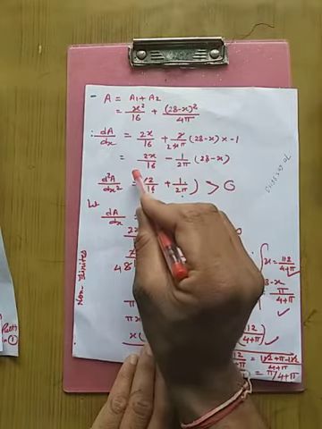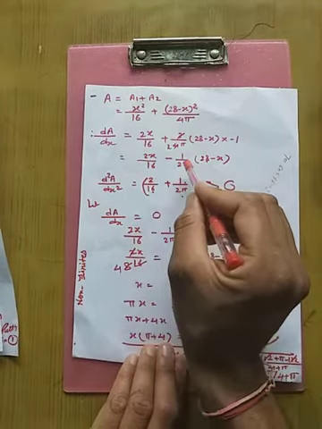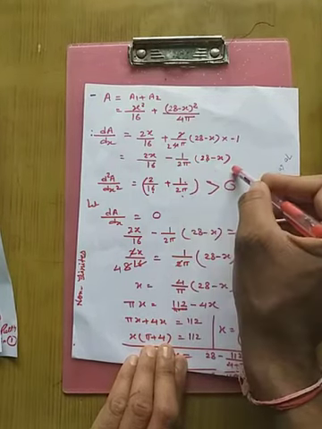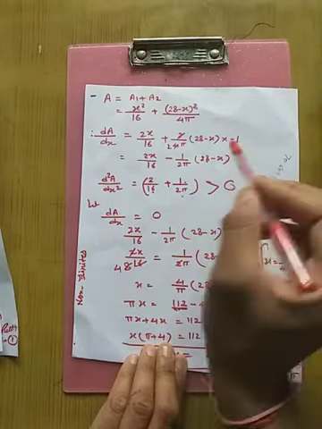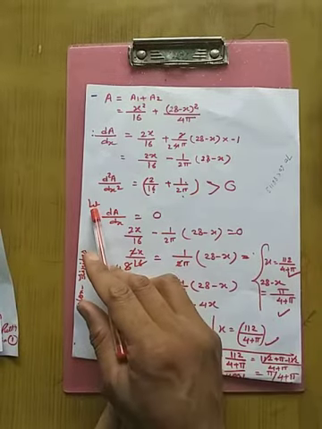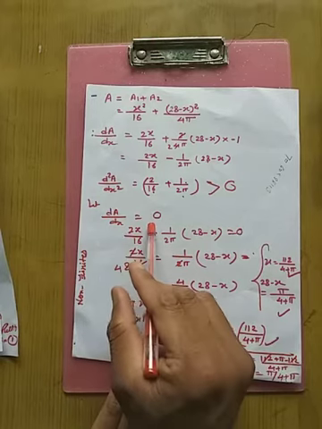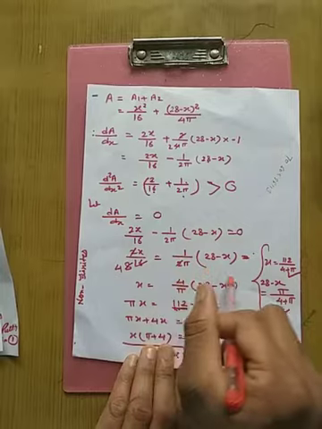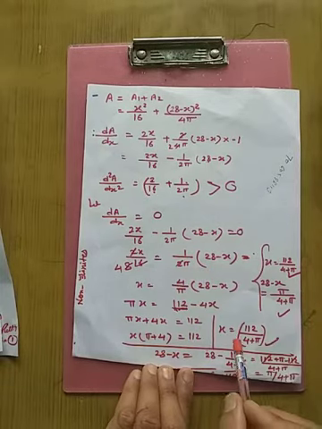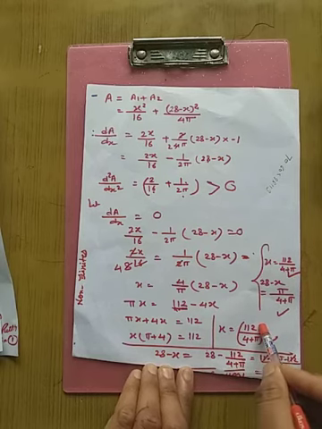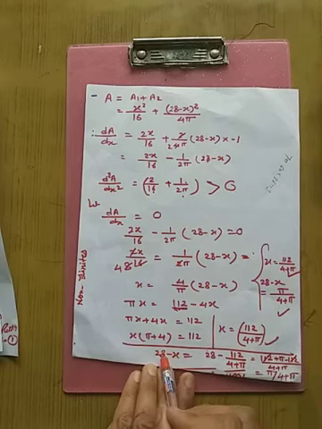Equal to 2x upon 16 minus 1 upon 2 pi into 28 minus x. Double differentiation d square A upon dx square is greater than 0, so that the combined area is minimum. Let us find the critical point. dA upon dx equal to 0. 2x upon 16 minus 1 upon 2 pi, 28 minus x equal to 0. After solving this, you will get x equal to 112 upon 4 plus pi, which is the length of the first piece. Now find the length of the second piece, 28 minus x.